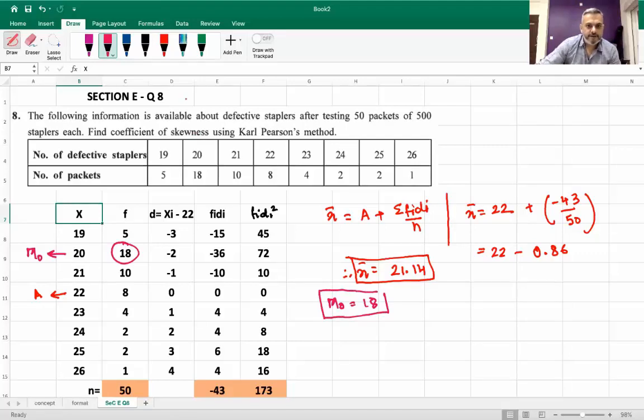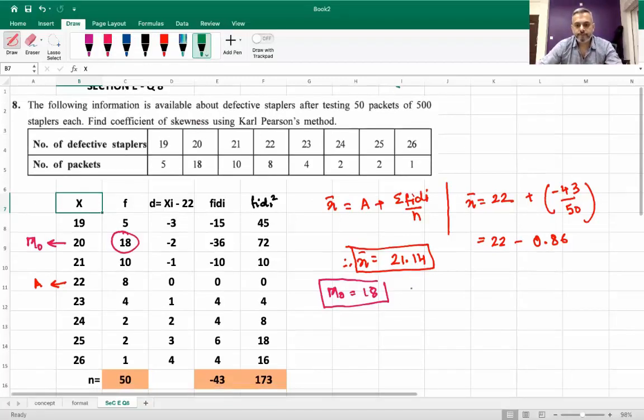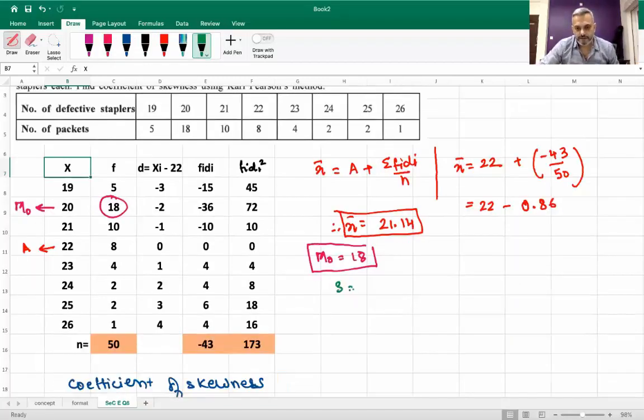Now standard deviation. Those who have trouble with standard deviation, please pay attention. Now standard deviation is equal to sigma Fi di square upon n minus sigma Fi di